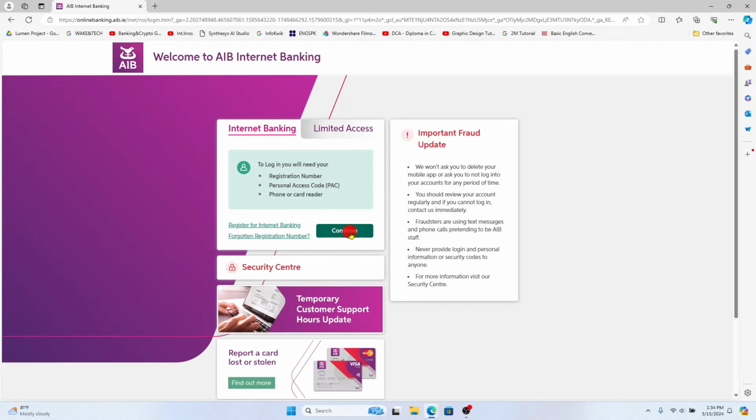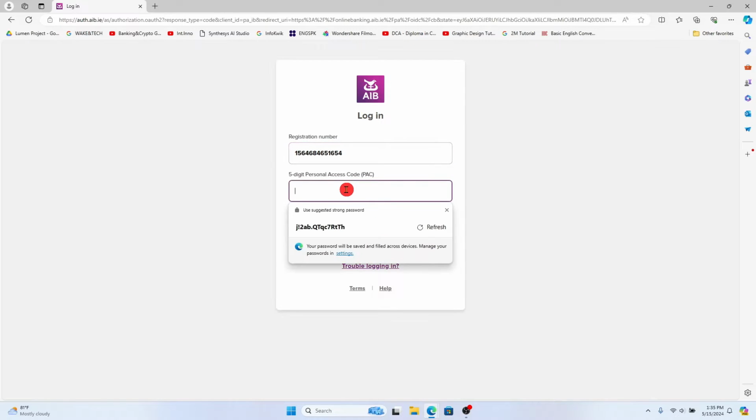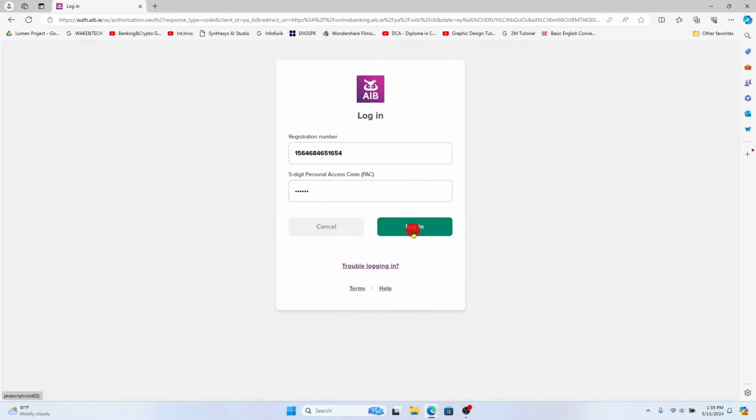to log in. And then you can click on the continue button and you will be asked to enter your credentials. Go ahead and type in your registration number within the first section and then enter your 5-digit personal access code or your PIN number. Once you enter your code, click on the login button and you will be logged into your AIB Bank account